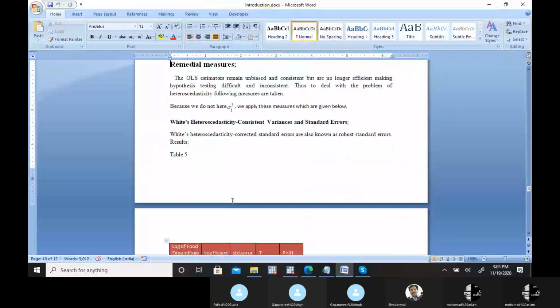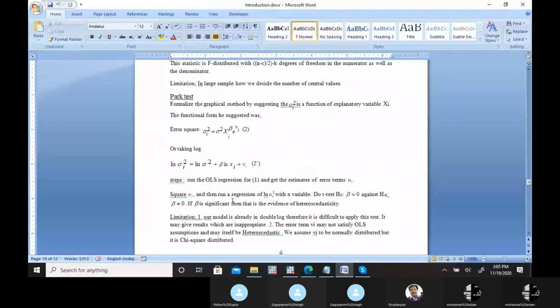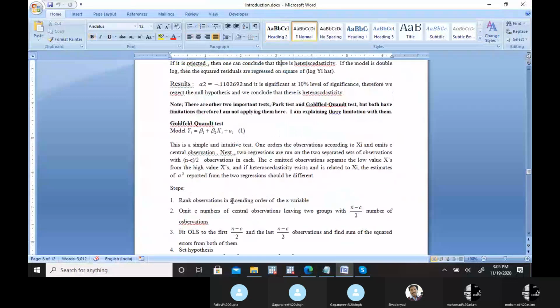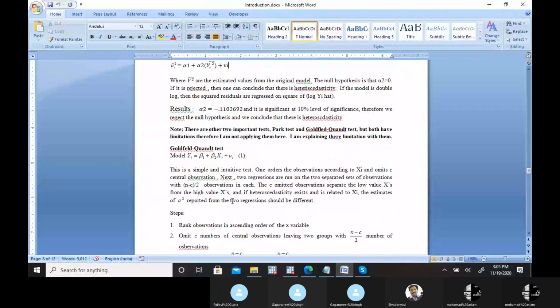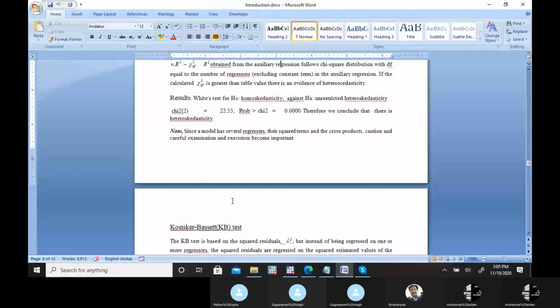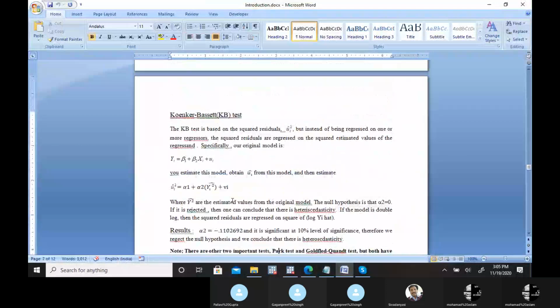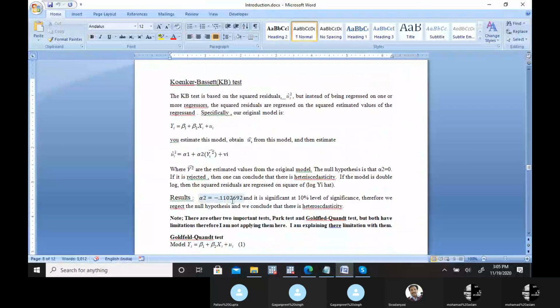we did Glejser test, Spearman rank correlation method, then Breusch-Pagan-Godfrey test, and White heteroscedasticity test. So besides that, there are other methods like this particular method, Ramsey-Bassett test. In this particular test,